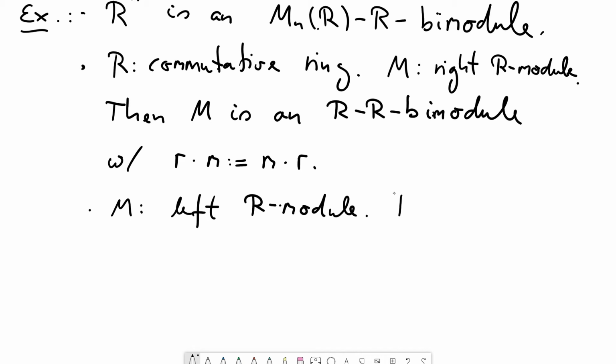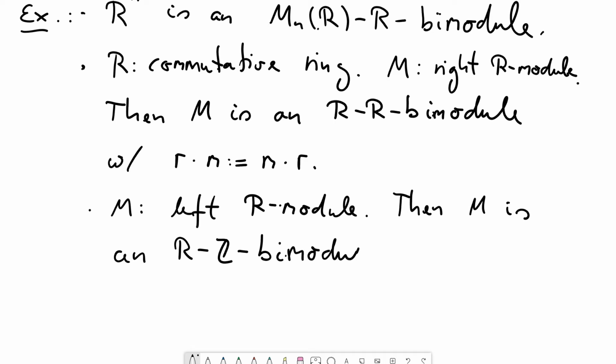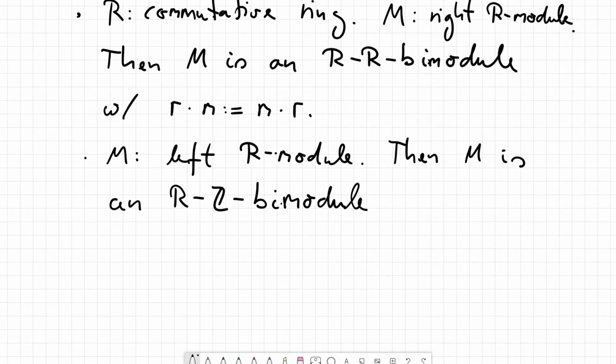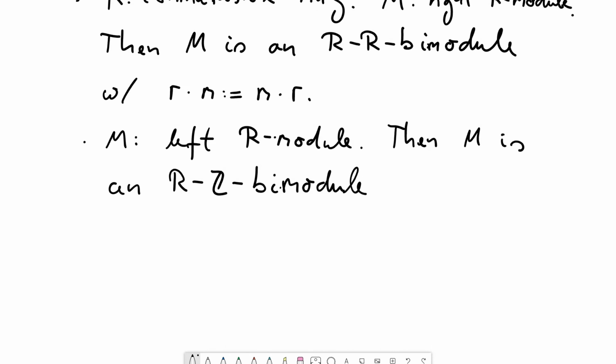So then M is an R-Z bimodule. Because the bimodule property I need to verify is the following one. If I have r times m and now I multiply with an integer k from the right-hand side,